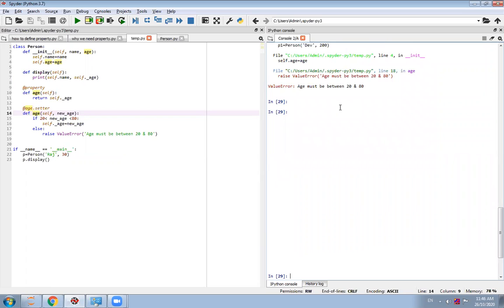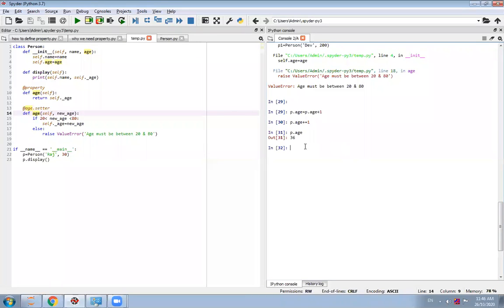Even if you want to change the age, increase the age, you can very easily increase it. p.age plus 1, very easily you can increase the age. Even you can write p.age += 1.